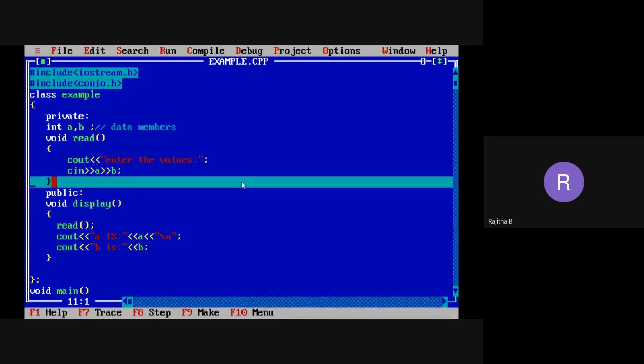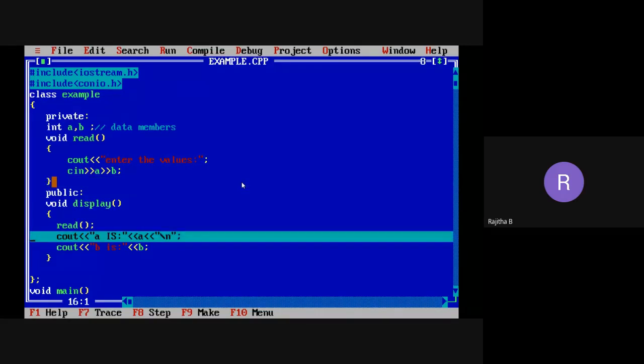Now once you take the end of the read function, again it is going to which statement? Can you tell me which statement the control is going to now? Display. Yes, display function. Why? Because we are calling the read function in display. So it is going to the read function definition, executes all the statements. After completion of that, again it comes back to the display function. Okay, so I'm pressing the F7 again. So it has come back to the display function.